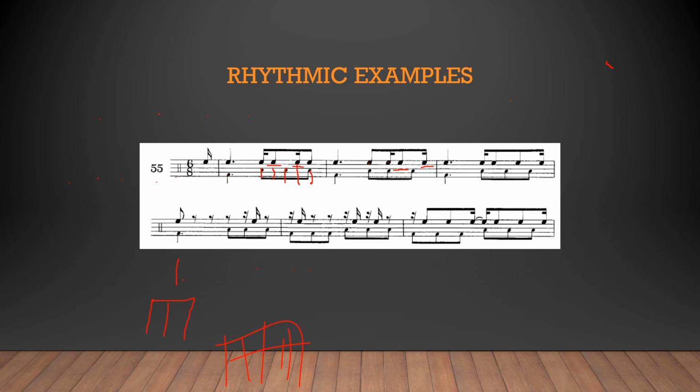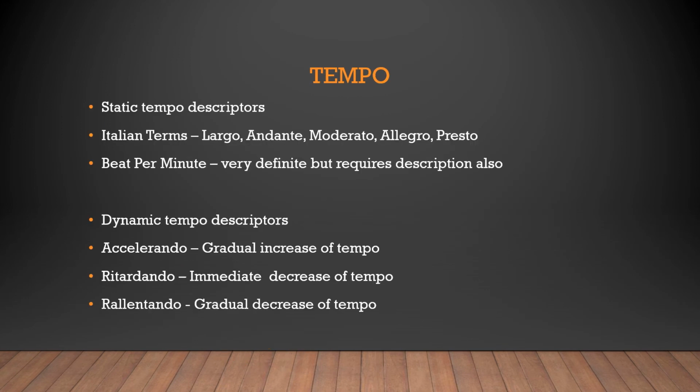Just do that. Okay, we've got tempo now. Sorry about that noise. Two real main descriptors for tempo are static and dynamic tempo descriptors. So what I mean by static is that it just tells you what it is and it doesn't tell you to change it. The Italian terms mainly for most of our speeds are largo, very slow, andante, moderately, like a walking pace, moderato, moderate, allegro, which means lively,